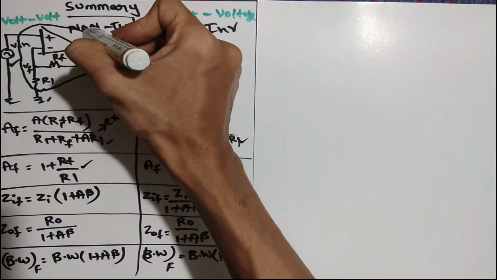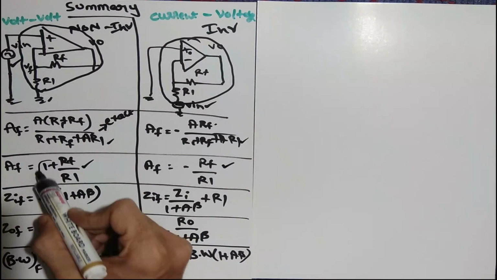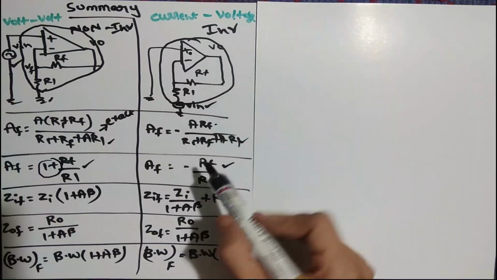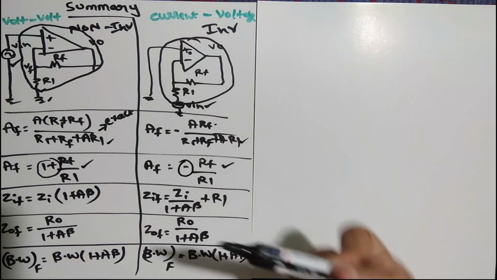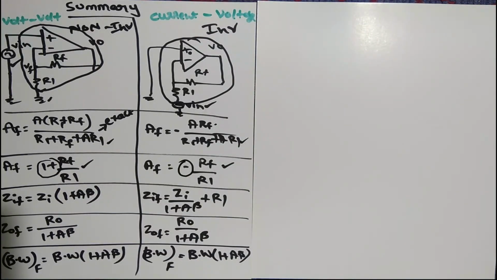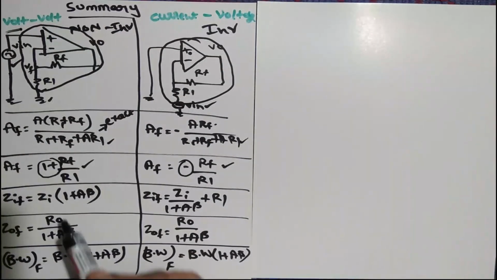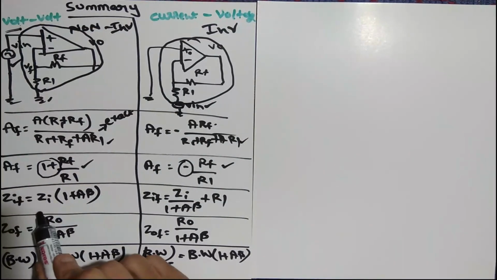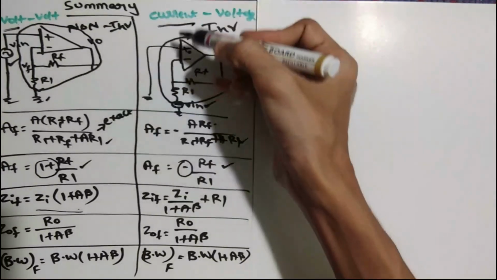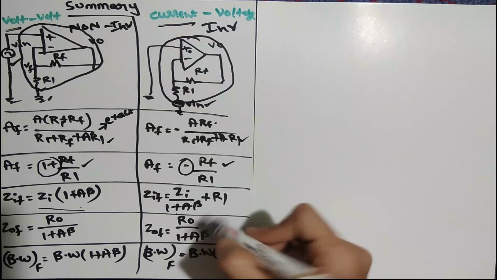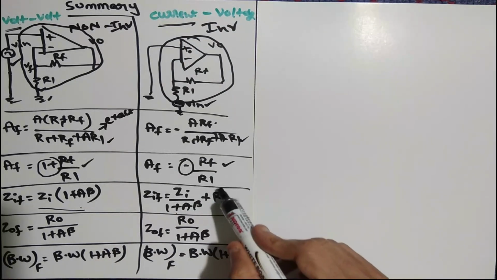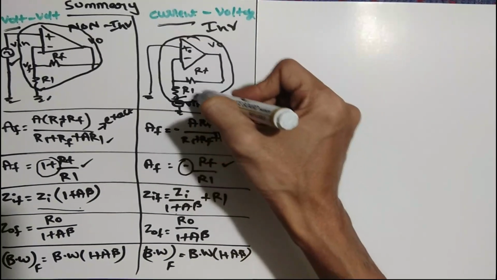In this it says that non-inverting means we are taking 1 plus, so it is adding up. Inverting means this negative terminal source is inverting. Anyway, RF by R1 is the same term for the feedback portion. In a similar way, if you go for the ZIF, the input portion is voltage. So input is nothing but series. So it is a series connection: ZI into 1 plus A beta. Here the input is current, or we can call it a shunt. So we are going with the shunt formula, ZI divided by 1 plus A beta. So these both are the same, but plus R1 because we are using the R1 resistance on the input side.